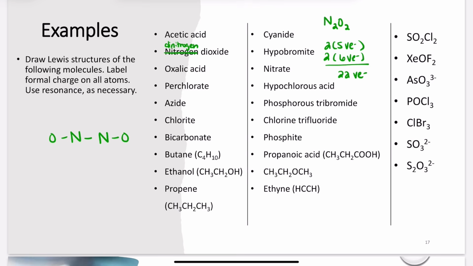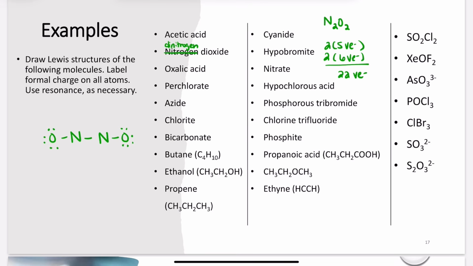Nitrogen doesn't mind bonding to itself. Oxygen really doesn't like to bond to itself, so you're actually getting a structure like this. Again, how do you know this? Practice. The more practice you do, the more often you're going to see this, and your structures will make more sense. I've connected them, and I've used up 6 electrons so far. Give my outer atoms their octet,